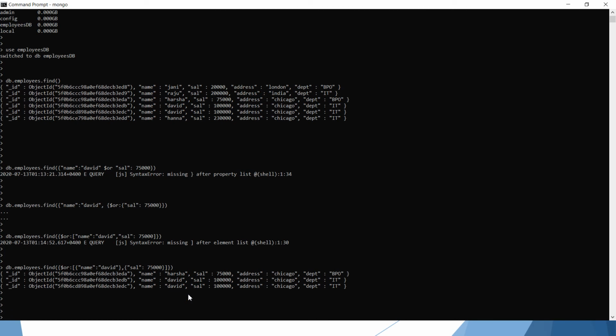So in MongoDB, it's very easy to use the OR symbol. How? Just $or, where name equal to David or salary equal to 75,000. But here, see how critical the syntax is.